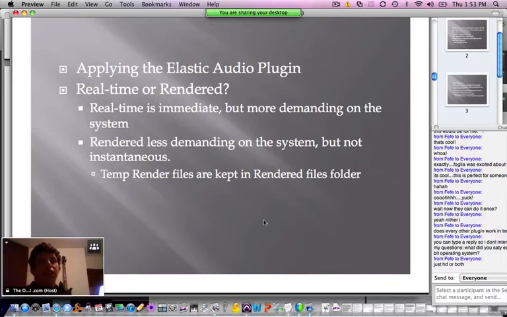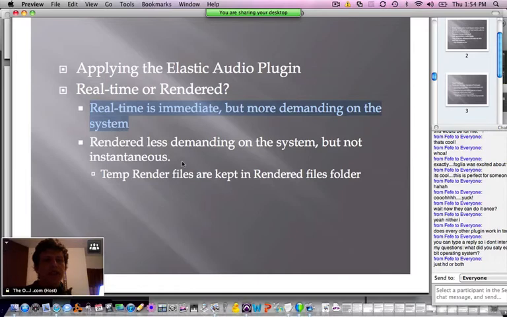Okay. That's pretty impressive. And if you have a lot of tracks, your computer may not be able to do that. It may not be able to, in real time, render all the very complicated math that's going on while it's doing that time stretching. Particularly for things like the monophonic algorithm, as we'll see. That one is very, very processor intensive. So your computer will crap out on you relatively quickly if you're dealing with 16 tracks of drums and you're trying to pocket them all using real-time Elastic Audio processing. So real-time is immediate. Awesome, you make a change, you hear it immediately, just like real-time plugins, RTAS plugins,